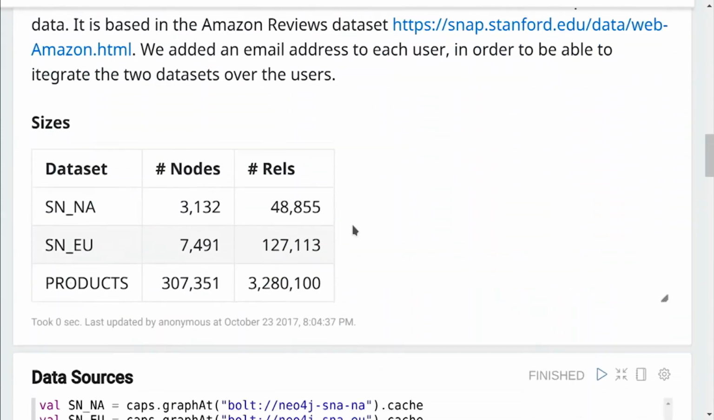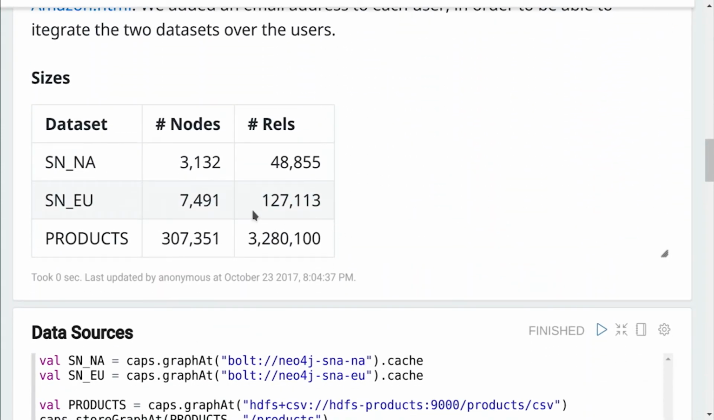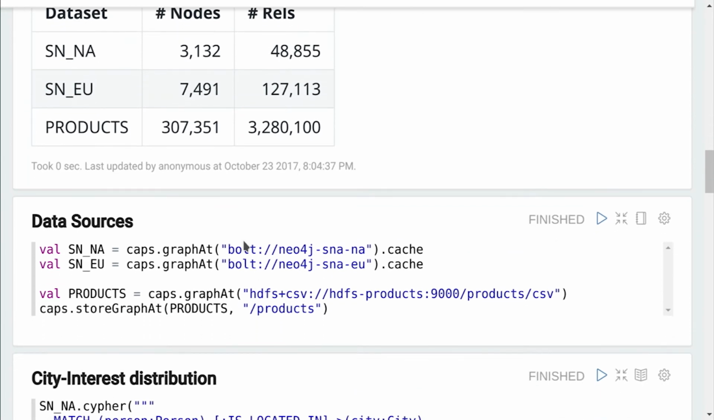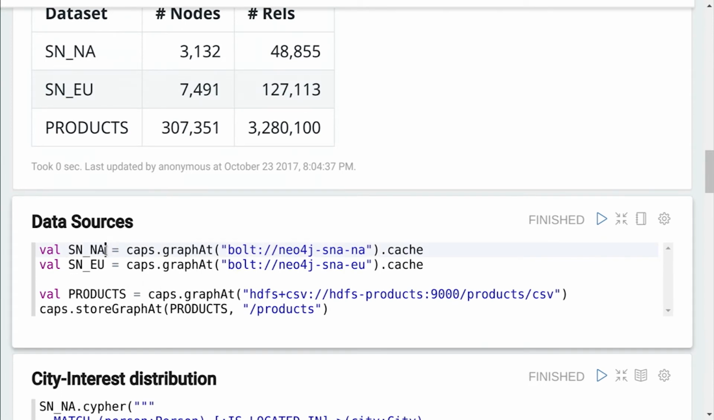Then we load our data. Here, of course, for the demo we only use a toy data set. So we have around 10,000 nodes in the social network and around 300,000 nodes in the product data. What we do here, we load our three graphs. Martin already introduced the syntax. So we have our two social networks, one for North America and one for Europe, and we query them